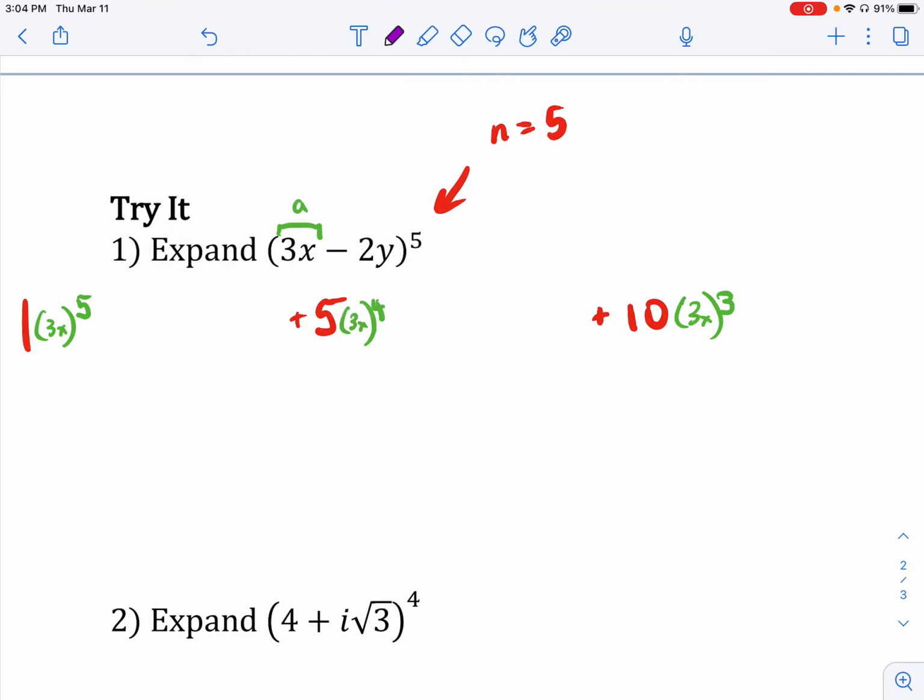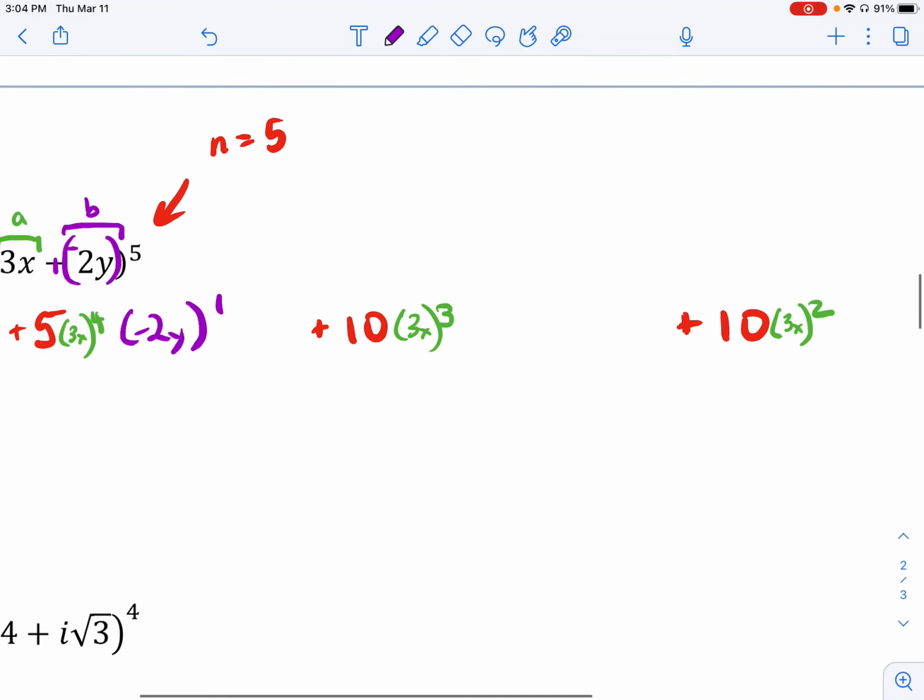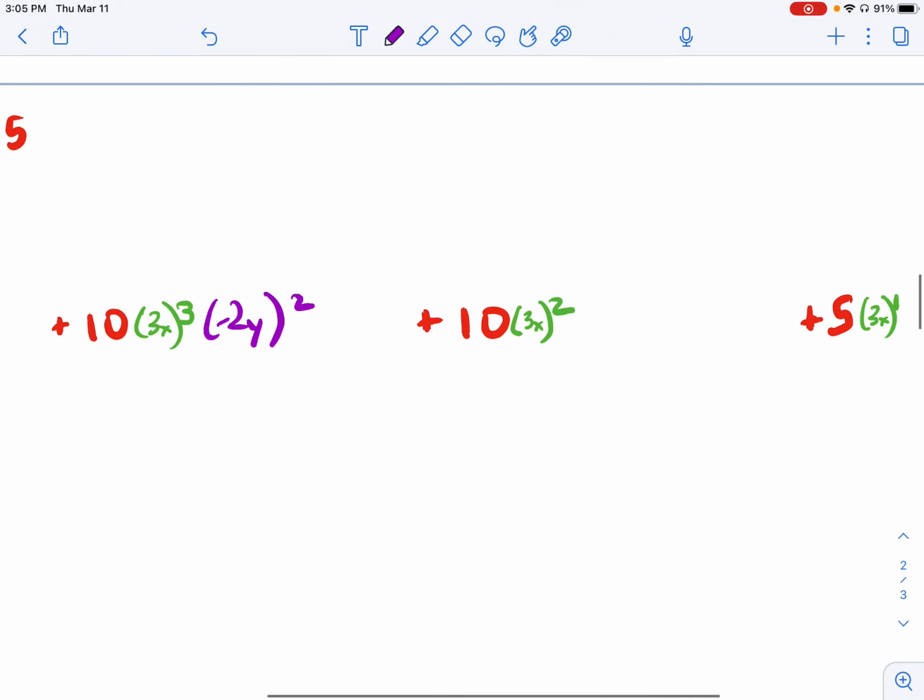Let's do this next term. Now, what is b? Make sure that we understand, since we're subtracting 2y, this is plus negative 2y. So all of this is b. So we would say negative 2y to the 0 power to start. This would be negative 2y to the 1, because now we're incrementing our powers of negative 2y. So negative 2y to the second, negative 2y cubed,